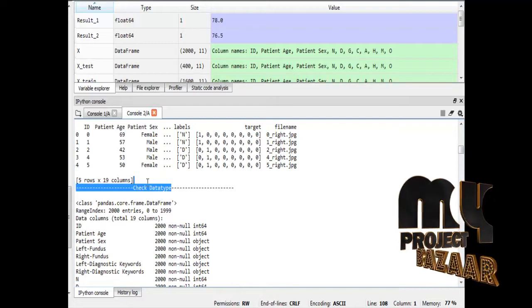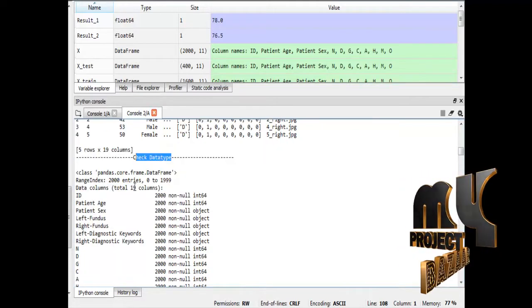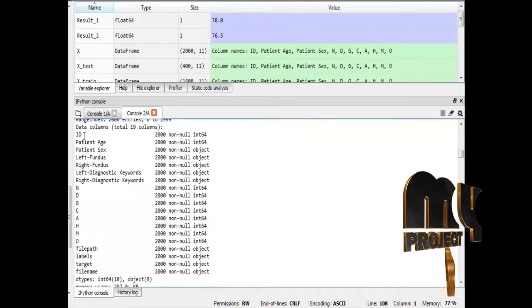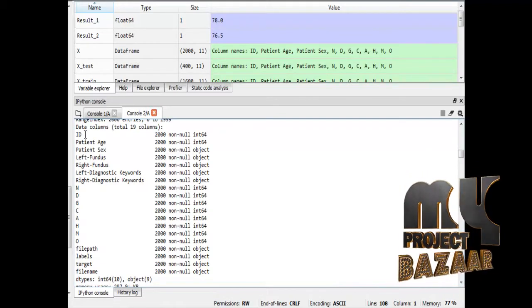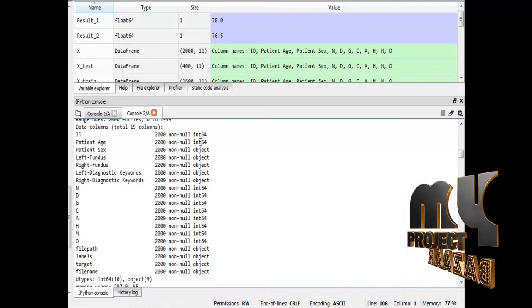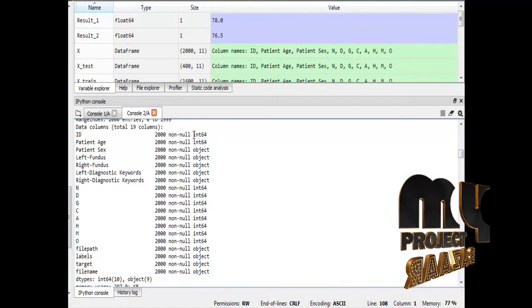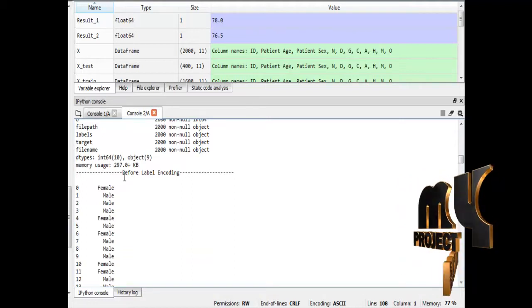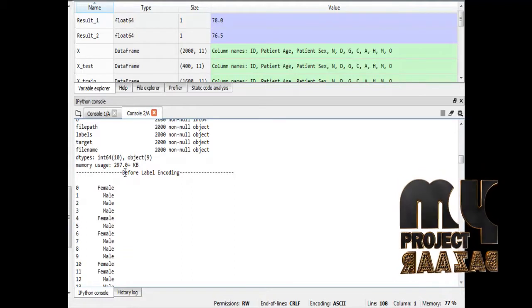Here we have to check the data type for each attribute column name. That is, the attribute name is id, and its data type is integer. So it is like this. And then the second step of pre-processing is label encoding.